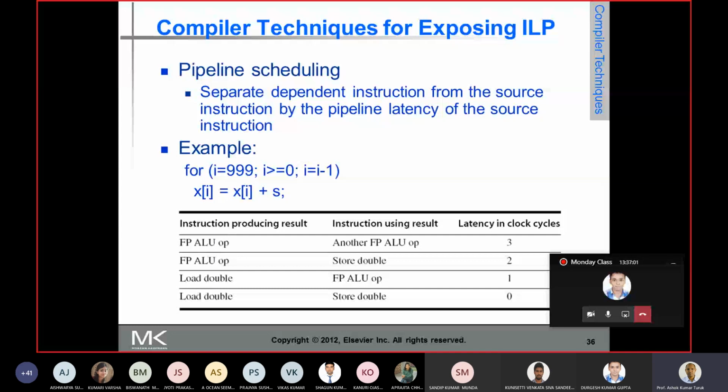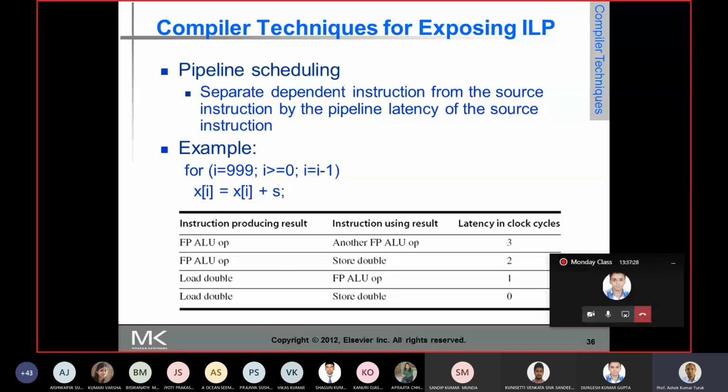That means you find the instructions which are not related, that means they are not dependent. Two instructions are not dependent, that means they are unrelated. So you find in the instruction stream all the instructions which are unrelated, so that they can be overlapped in the execution.